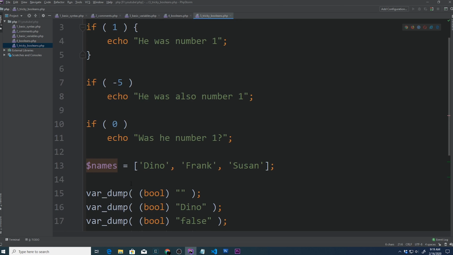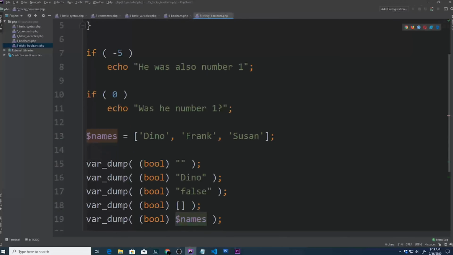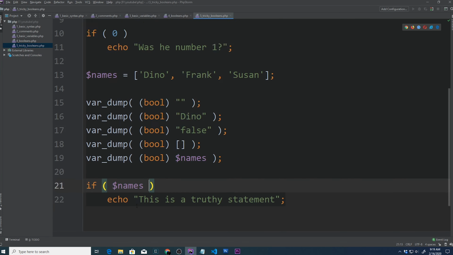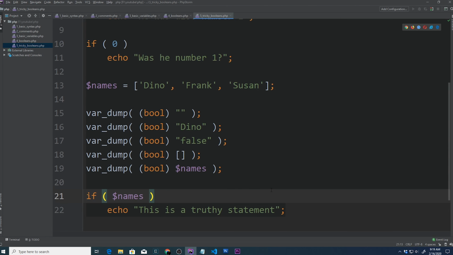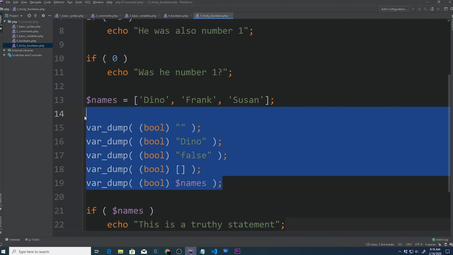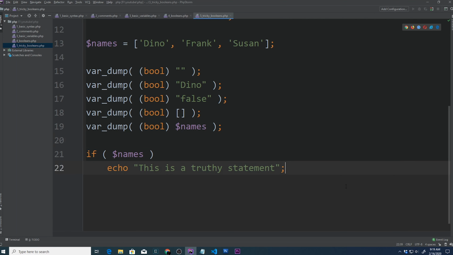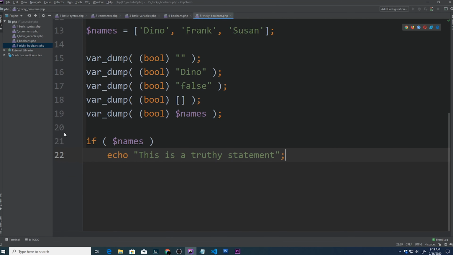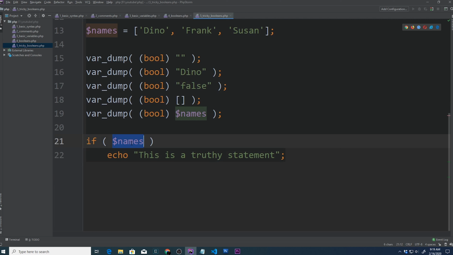So like I said earlier, I would just avoid this at all costs, but just know that PHP does do some of these weird conversions for you. So every single language is going to have its little quirks. Some people really like this. I personally don't. So my advice is just don't use it,